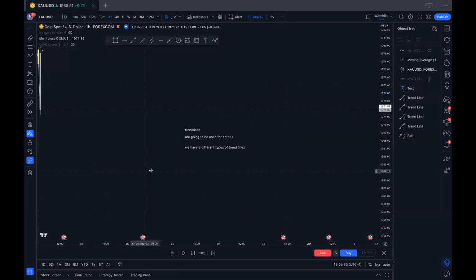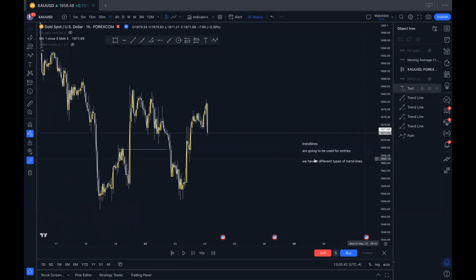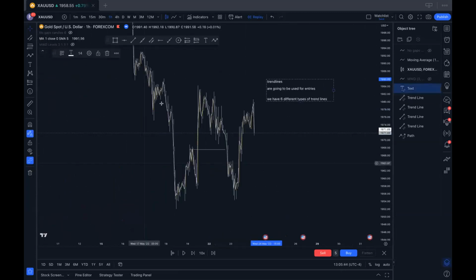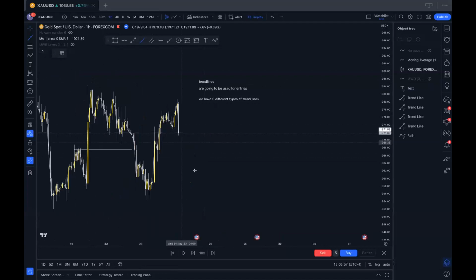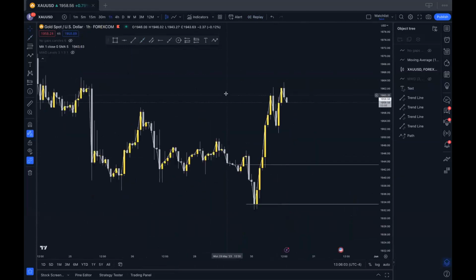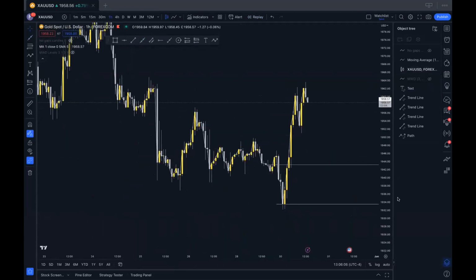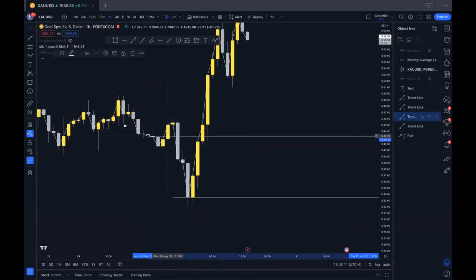I use trend lines for every trade, every day. Trend lines help me determine how I enter my trades. And if I see that my trend line, for example, is for this recent price action, let me go back. Let me go over the trade that I caught yesterday, right? Last night,